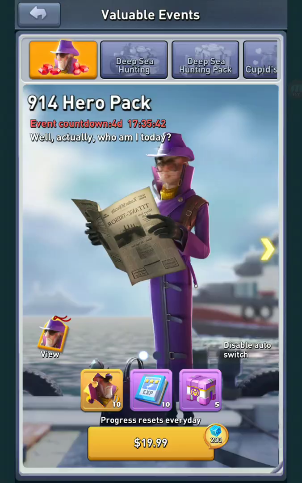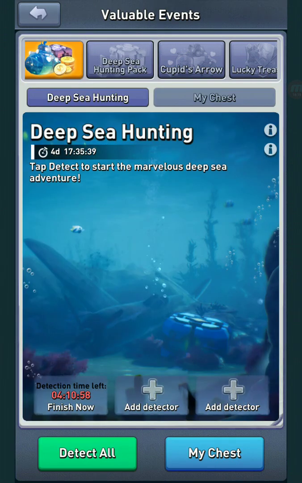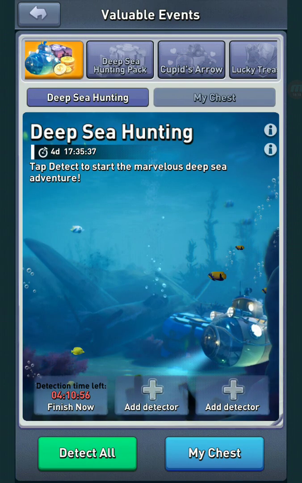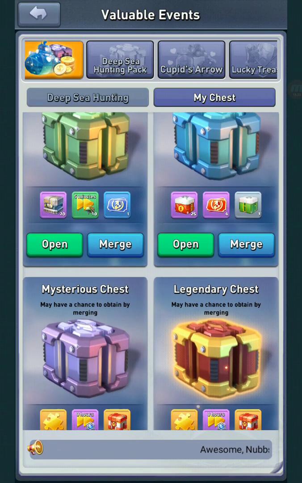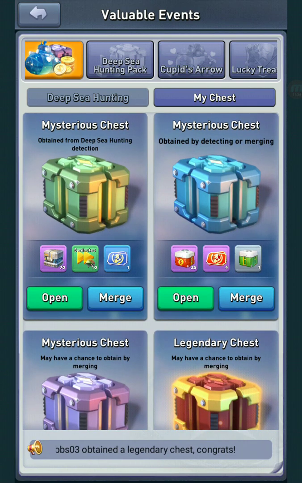You just gotta look and see if they're worth it or not. So Deep Sea, keep that going. So you get free chests, you get free bonuses. You can merge them so you get higher level. I like these two. The first two, the common ones you get, because